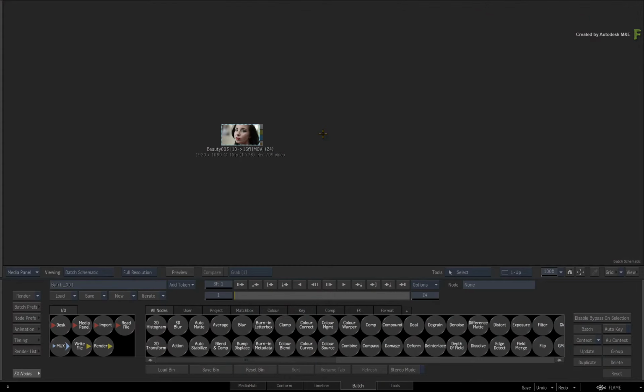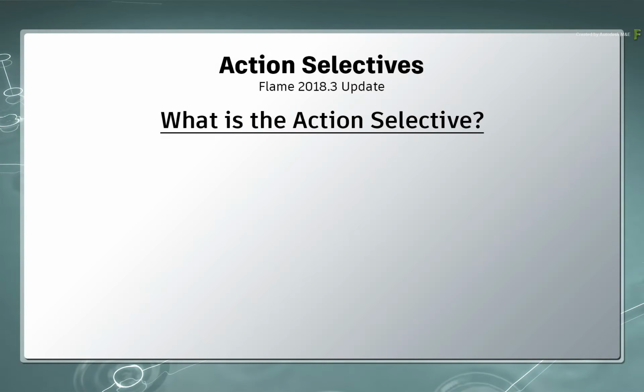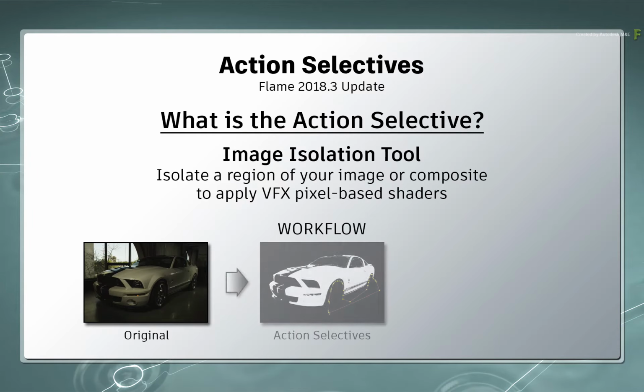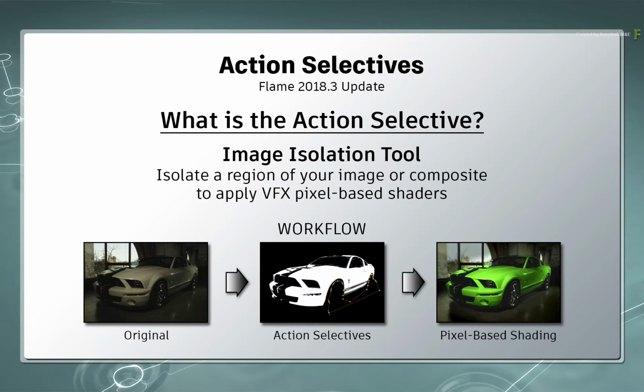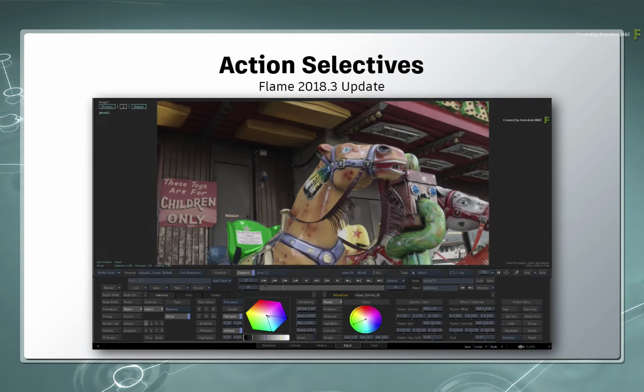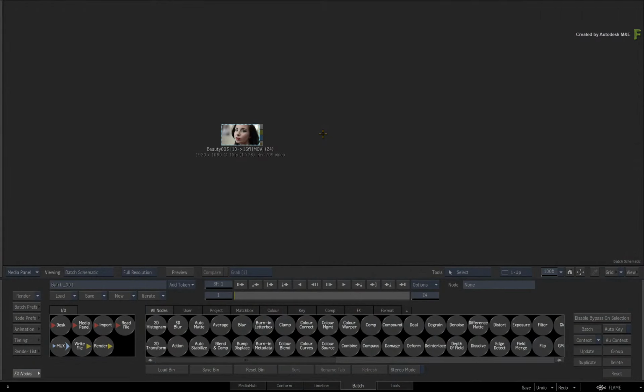In part 1 on selectives in action, we discussed the fundamentals of image isolation and how the selectives could easily be used in a VFX scenario or a look development scenario. We also covered a basic example of creating a selective from scratch. Over the next few videos, you'll learn a lot about selective effects, combining multiple selectives, and much more.